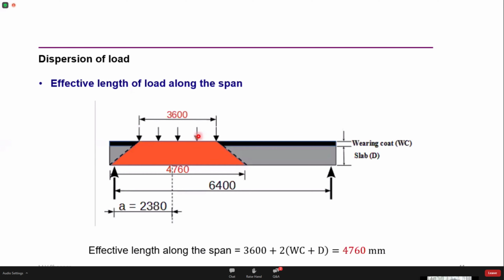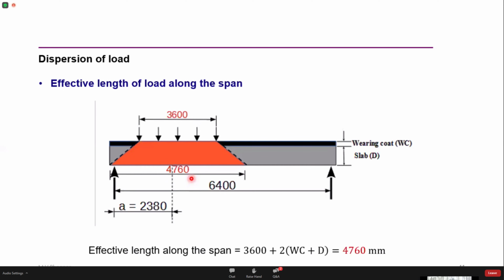So when I place this live load in this position, we need to understand one more thing: the CG of the load has changed. Now the CG of the load is given by A. Now that works out to 2.38 meters. So what is the difference? In case of bending moment, we had placed this load exactly at the center. At that time, the CG of the load was 3.2 meters, but now the load has moved towards the support, so the CG has shifted. Accordingly, the value of A changes to 2.38.